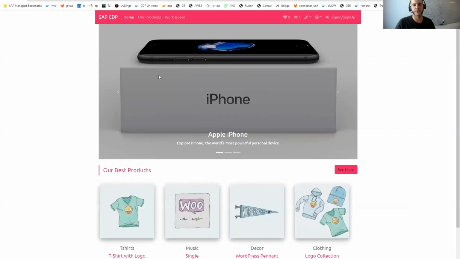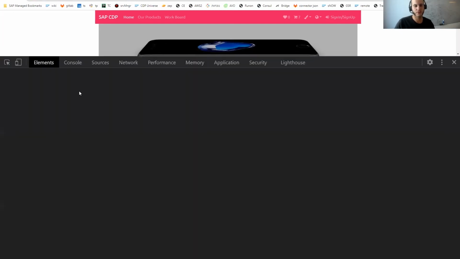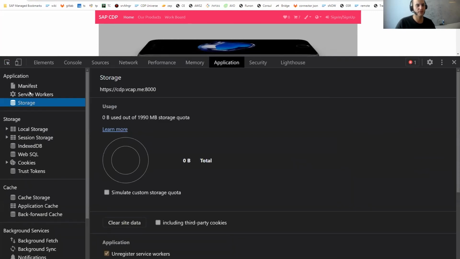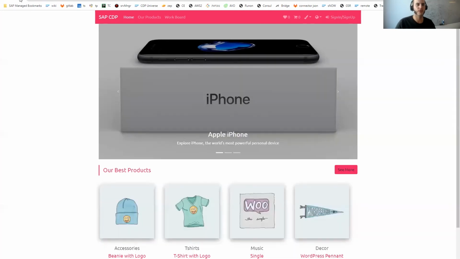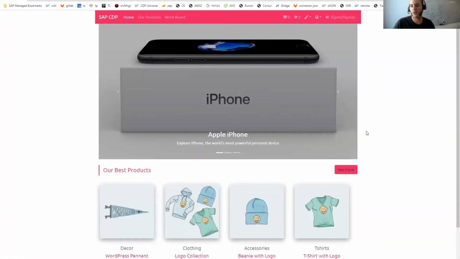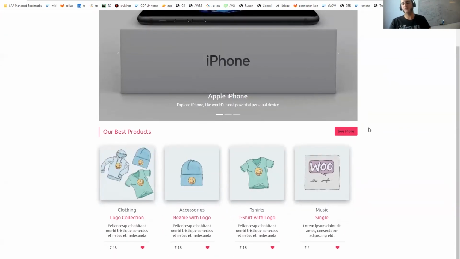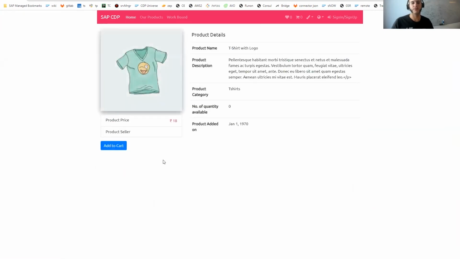You know what? Let's do something simpler. Let's go here, go to Application, and just clear the storage. I'll refresh. And what I want to do is, I'm starting as an anonymous user, right? So I'm going to start adding shirts, right? 1 shirt, 2 shirts, 3 shirts, 4 shirts. Now, if you remember, we defined a segment that tells me that